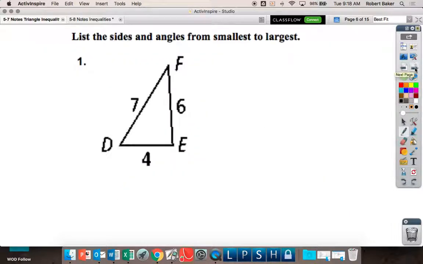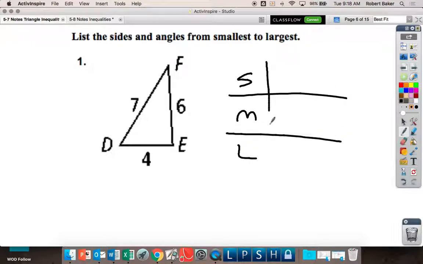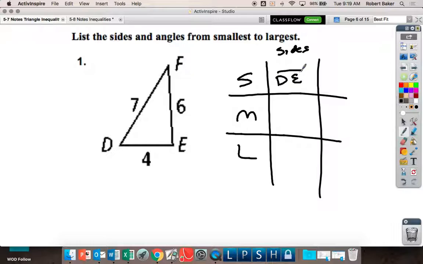Please list the sides and angles from smallest to largest. Which way are we going? Smallest to largest. We're going to do sides or angles first? Sides. The smallest side, DE. The medium side, FE. The longest side,